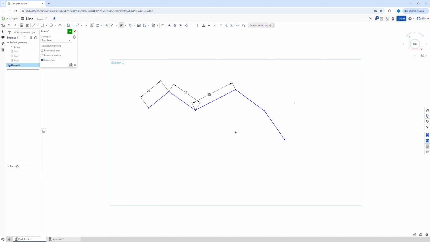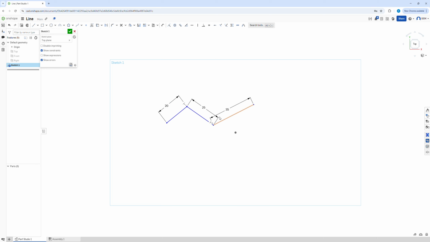Now if I want to get rid of these lines here, I can either use the trim command up here, click and drag through, or I can press escape and I can just click on that part and press the delete key on your keyboard. These are still not black, so they're just hovering in space, okay? I can see any constraints that it's got. So it's got this constraint here, which means this point is vertical to this dot here. So if I delete that for now, just like so,